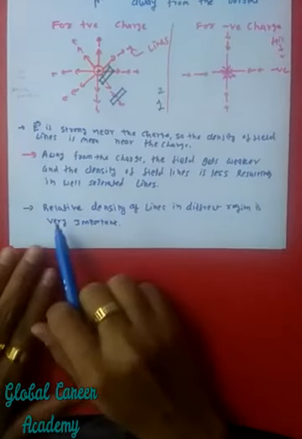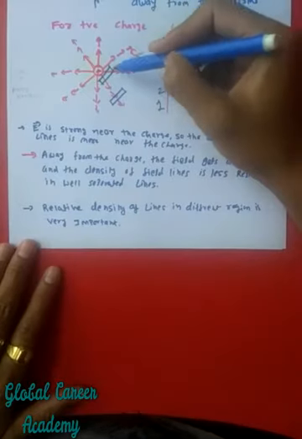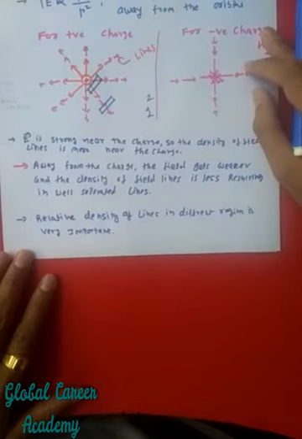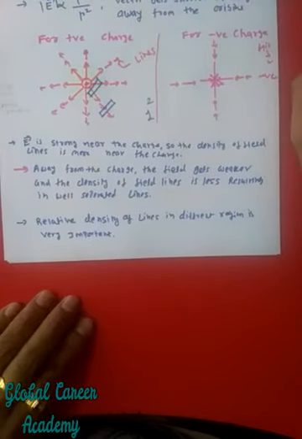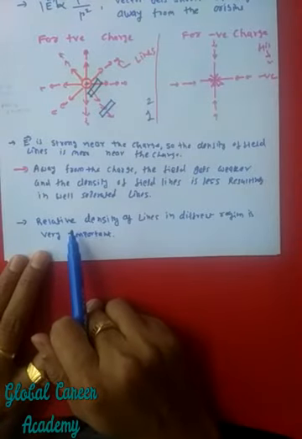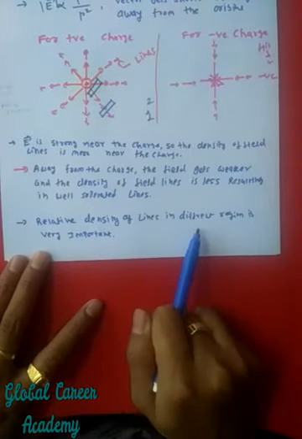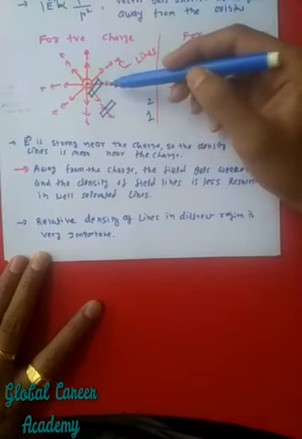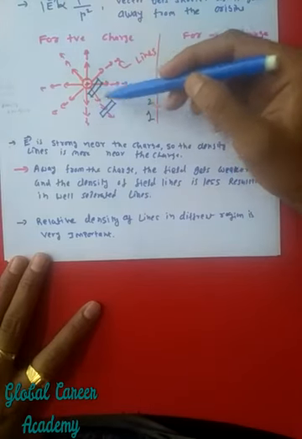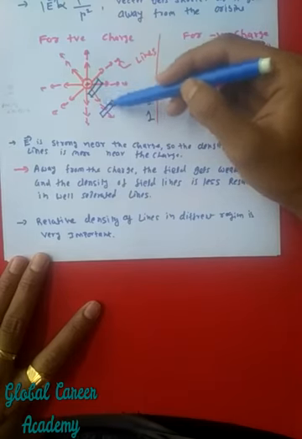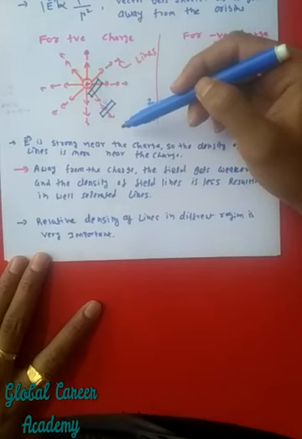Then you will ask, is it necessary that only 6 lines are to be drawn? No, you can draw an infinite number of lines. आप चाहो उतनी लाइंस बना सकते हो, but the number of lines is not important. What is important is the relative density of lines in different regions. So what is relative density? Over here there were 2 lines and then it has become 1. So the relative change is more important to represent any field.